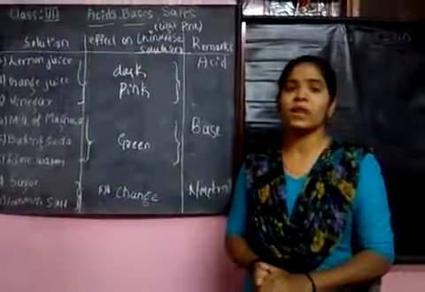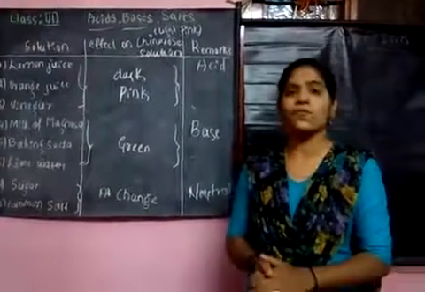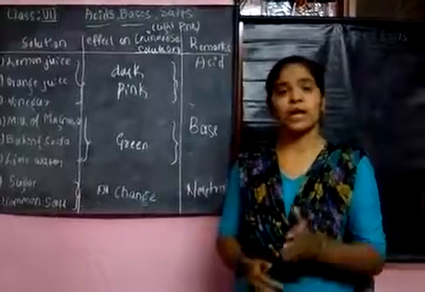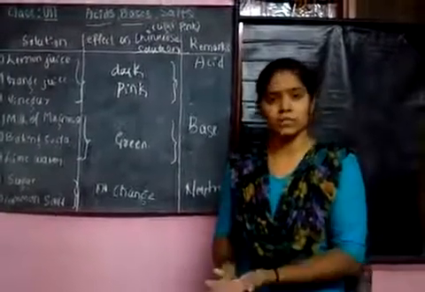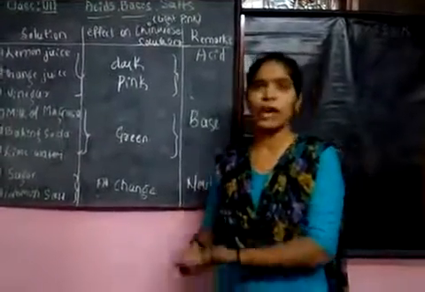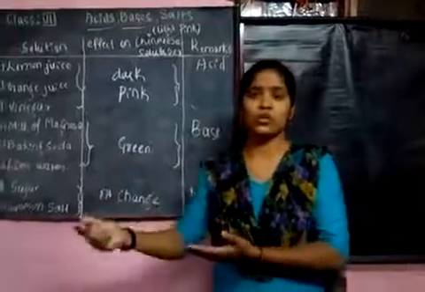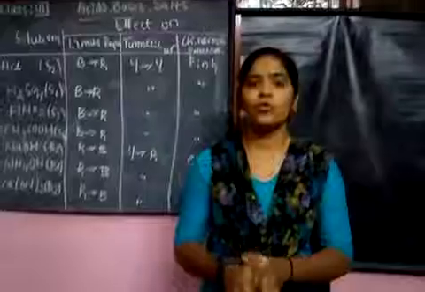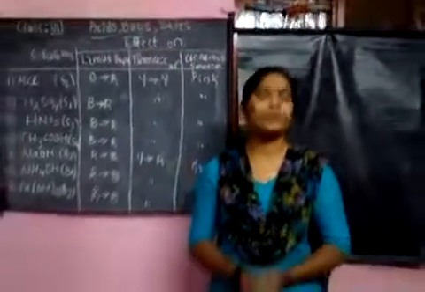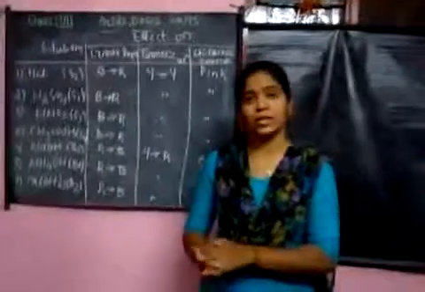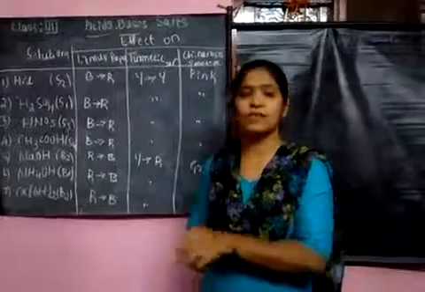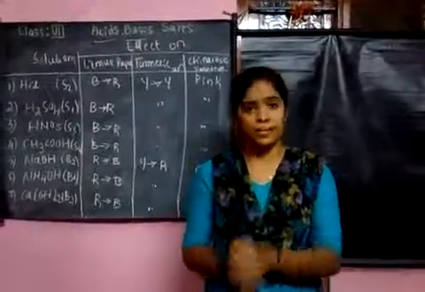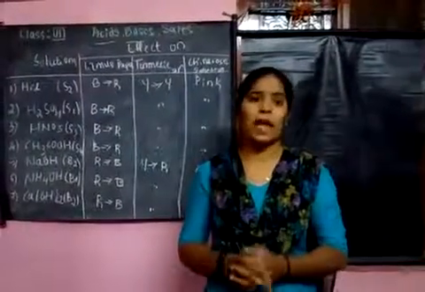In that, we are considering some acids from the laboratories, and we are acting them on the litmus paper and China-Roche solution, and then on the turmeric solution. What happens to those solutions we are going to study now. Okay students, I am going to do another activity, that is activity 3. In this activity we are considering some chemicals which we are using in laboratories.